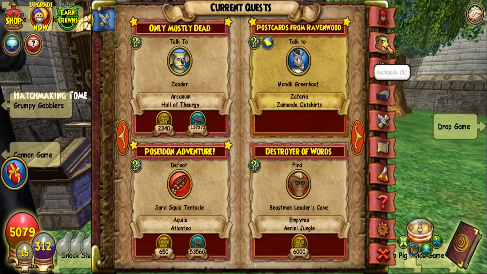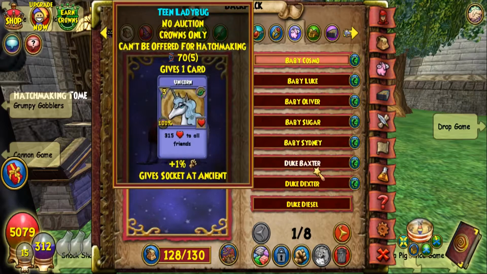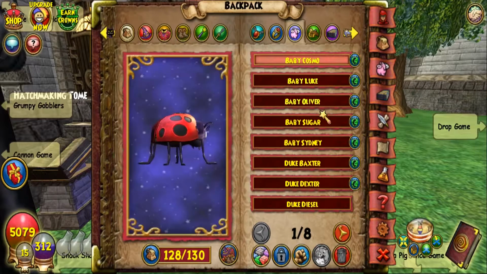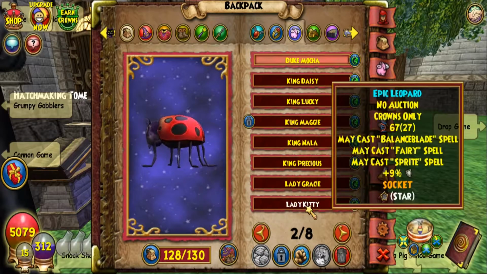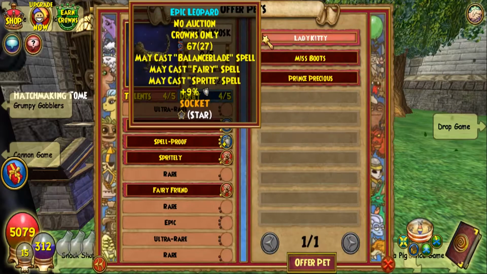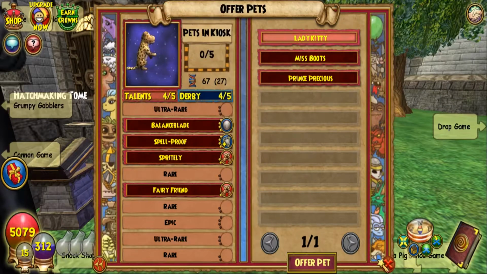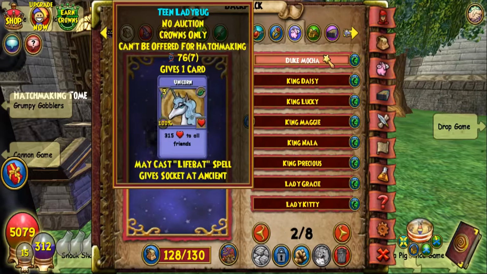The second thing I've noticed is that some crown pets are now up and available for hatchmaking. But since I have tons of crown pets, none of them, for me anyway, are available for hatching. Except maybe one species, which would be the leopard. So if you could see here, when we go to offer up pets, none of my other crown pets show up. The only other crown pet that I have that can go with hatchmaking would be the leopard. That's straight and simple. So the other thing I want to mention here, since we're still focusing on crown pets, would be